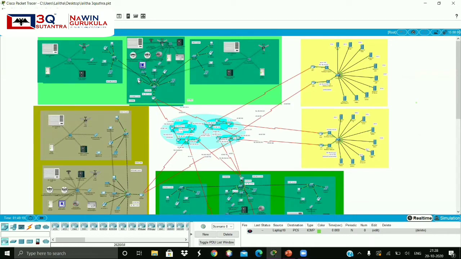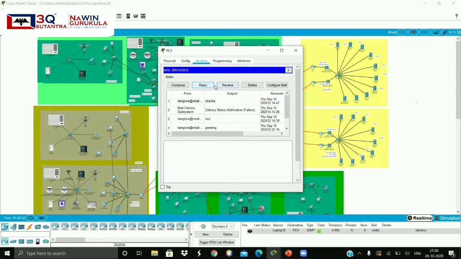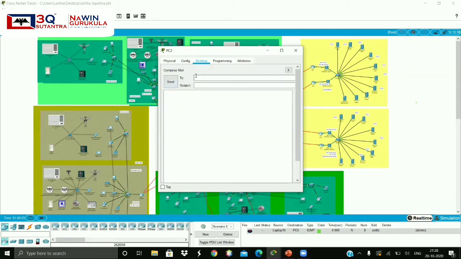So I can compose a mail from this Chennai branch to a Hyderabad branch. I should specify the address here, that is Hyderabad at retail.com.